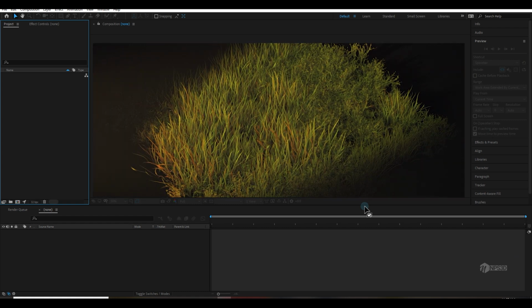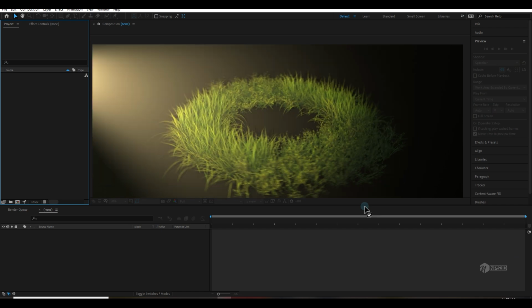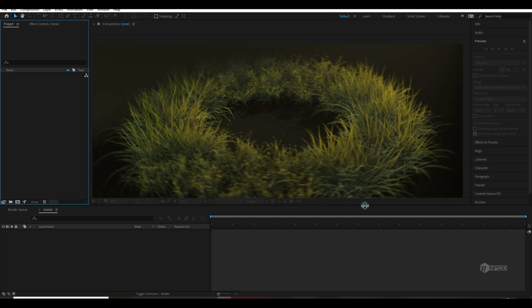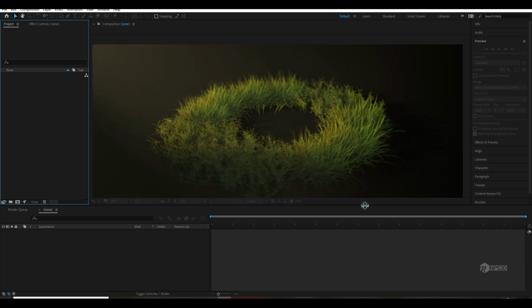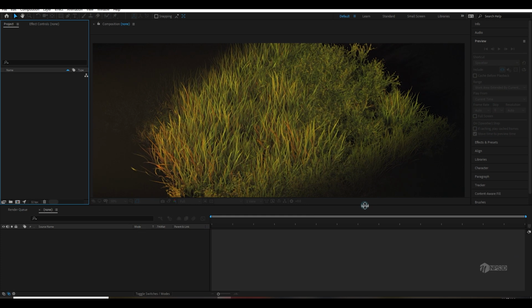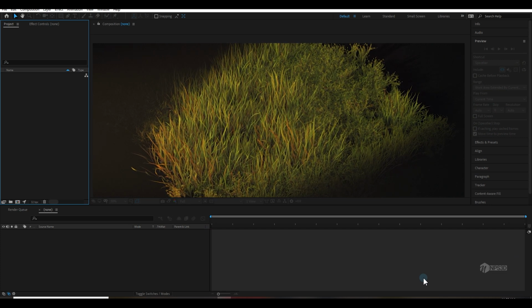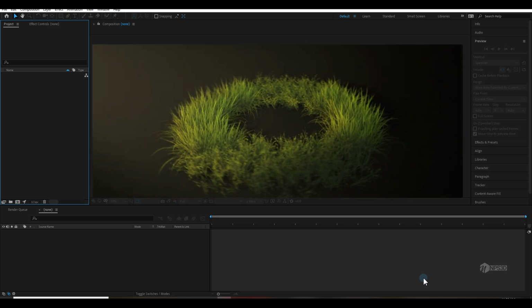I always tried to make grass animated inside Element 3D, but I never experimented. The idea was always in my mind. I believe I can animate grass anytime, but I never tried. A few days ago I tried and posted on Instagram, and people were amazed at how good it is. I did not get many requests for the tutorial, but I am making it because I feel maybe you need it.